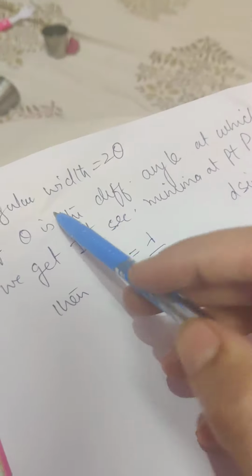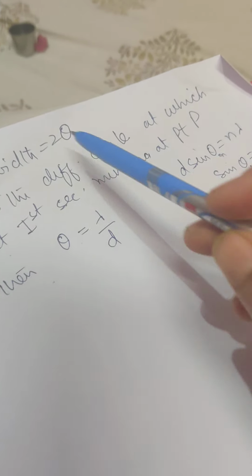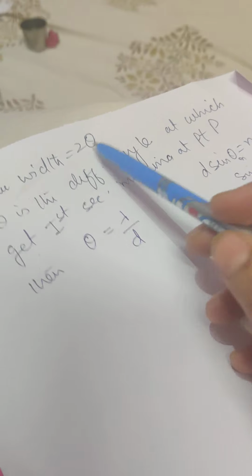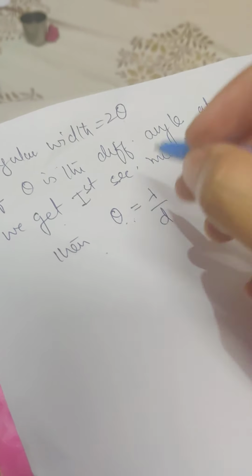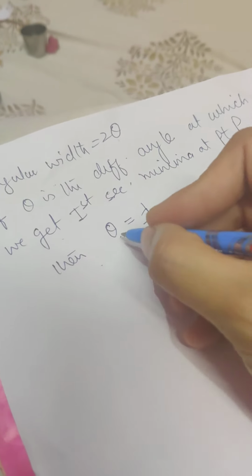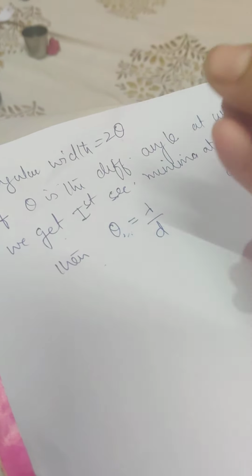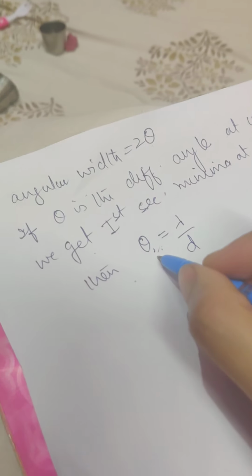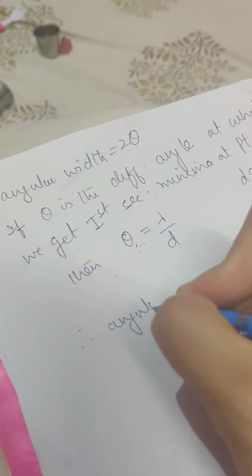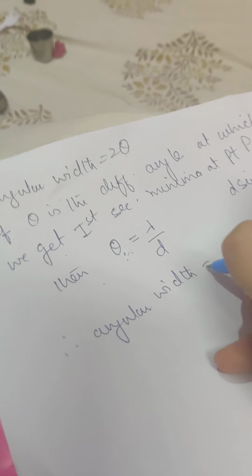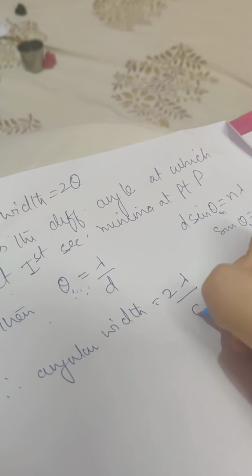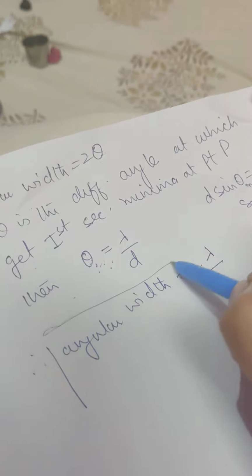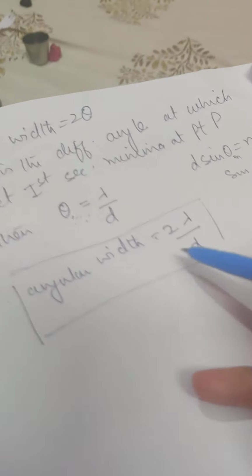So now we are finding the angular width of central maxima, and the angular width of central maxima is the angle spread between the first secondary minima. So I can also write this theta as theta 1. If I write theta 1 or I keep it as theta, both are the same. Now beta, therefore my angular width becomes, if I substitute this angle value here, 2 times lambda over d. This is the angular width of my central maxima.